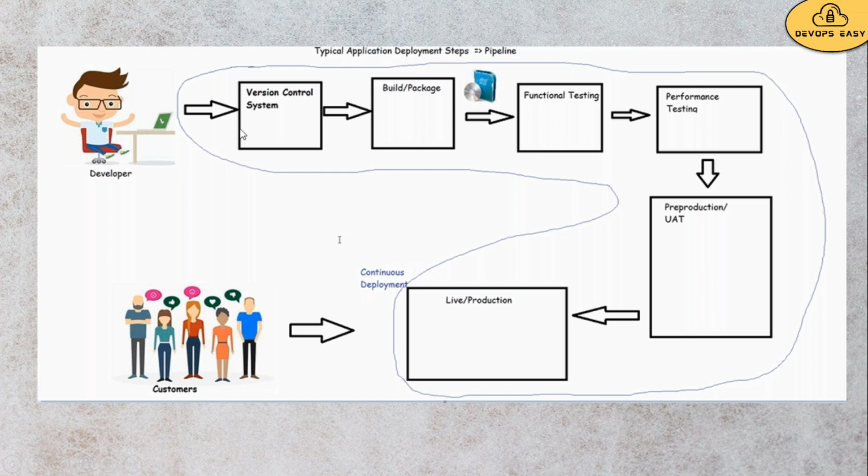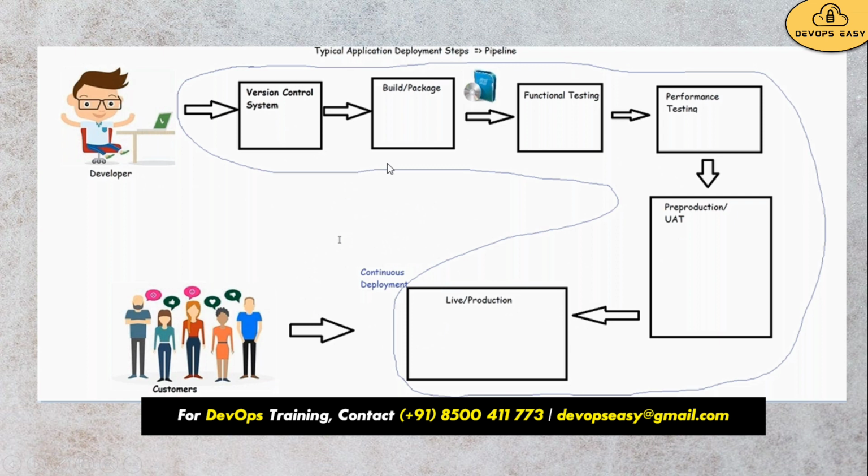Whenever the developer commits a code, it will be automatically converted into a package and copied into different servers. This method is called continuous deployment. Everything will be done automatically, but in the background we set it up once. After that it will run continuously. If every box is automated, then it is called continuous deployment.